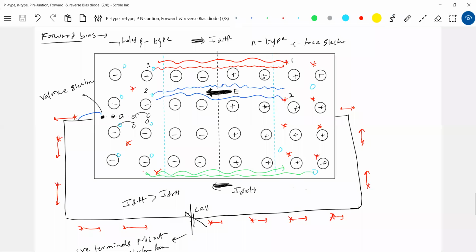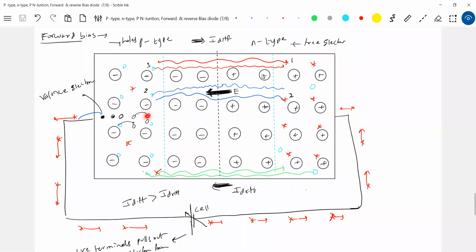Okay, come to this one. How does the width of the depletion layer decrease? If you look at this, these electrons, instead of moving, can take this position. Instead of crossing the depletion layer, they may come and take this position. So here an electron, here an electron. What is the depletion layer? It should not contain free electrons and holes, no? So some of these electrons, instead of crossing the depletion layer, will occupy this position. So what's happening to the width of the depletion layer? It decreases.